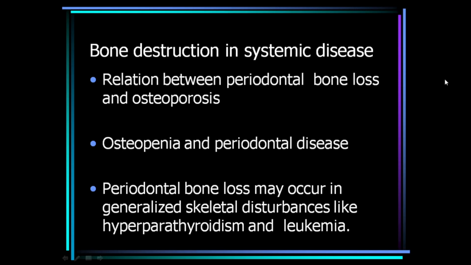Bone destruction and systemic disease. In recent years, interest has increased in the possible relationship between periodontal bone loss and osteoporosis. Osteoporosis is a physiological condition of postmenopausal women resulting in the loss of bone mineral content and structural bone changes. A few studies have reported a relationship between osteopenia and periodontal disease, tooth mobility and tooth loss. Several more recent studies have indicated that such an association may exist, but the final proof of these studies is still